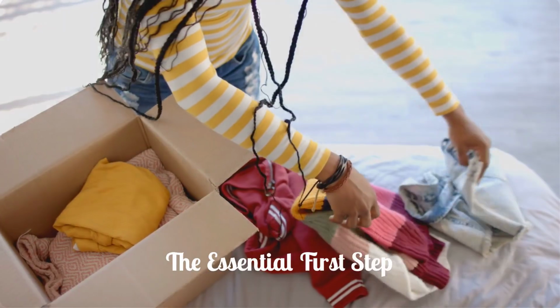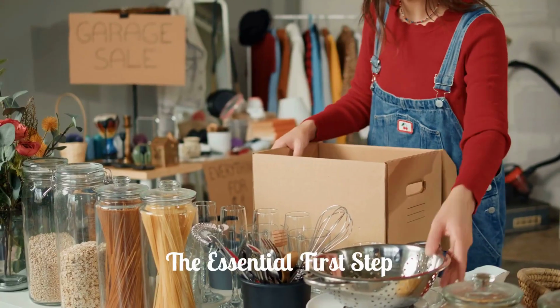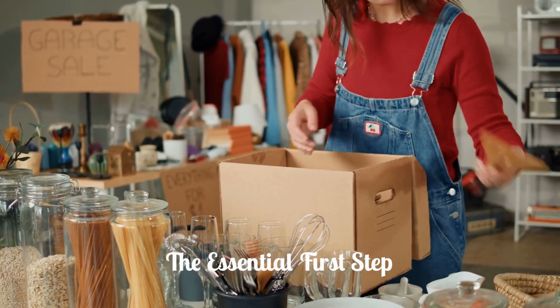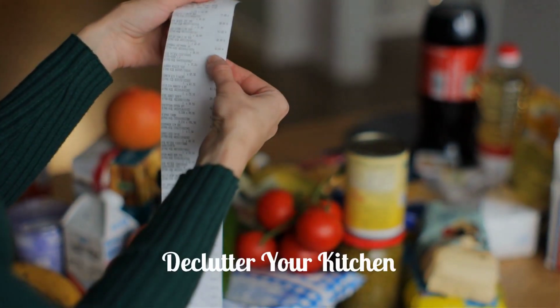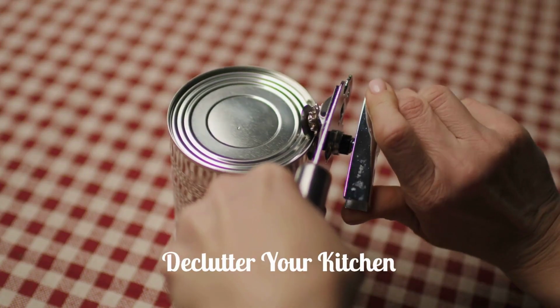Alright, before we start buying containers and dividers, there's one absolutely essential step: decluttering. You have to get rid of the stuff you don't use, don't need, or honestly, just don't love anymore. Take a good, hard look at everything. Are there expired foods lurking in the back of the pantry? Do you really need